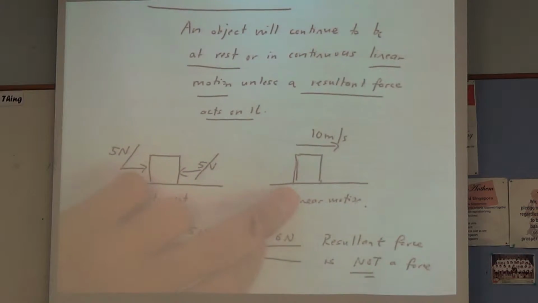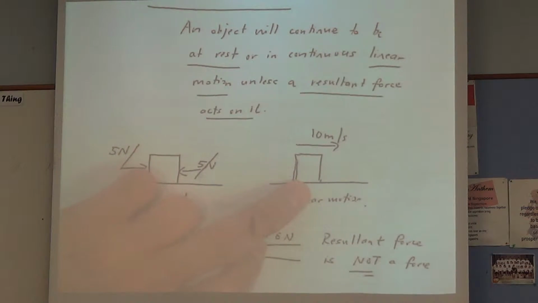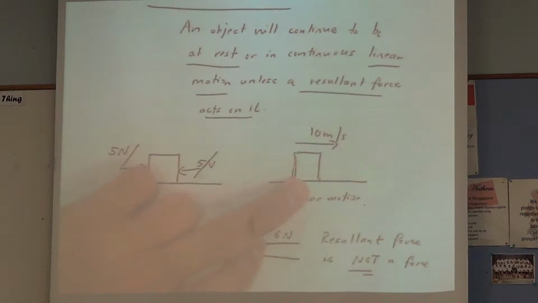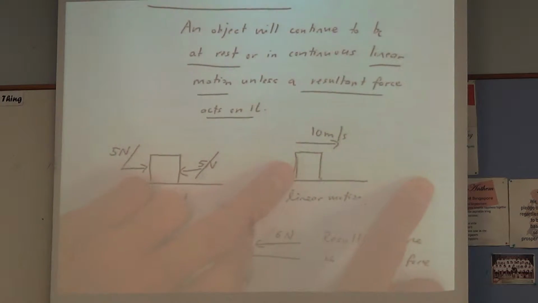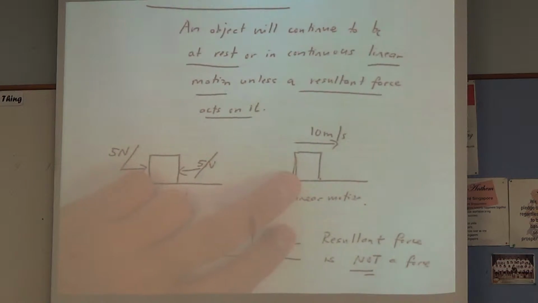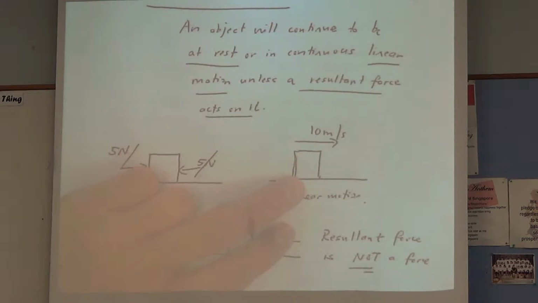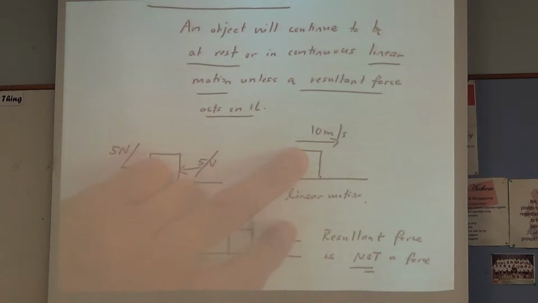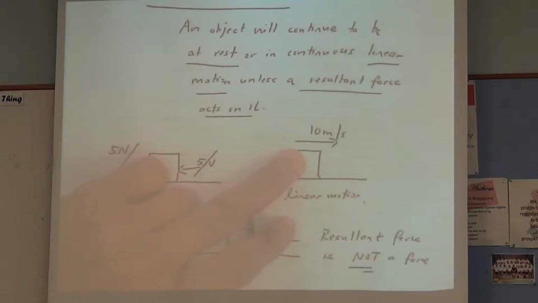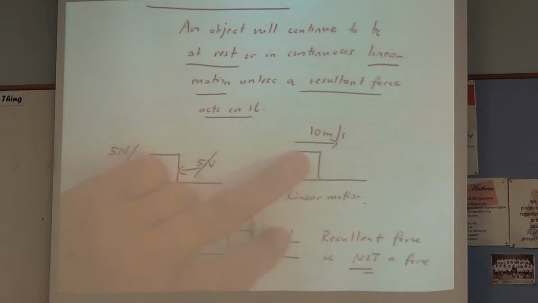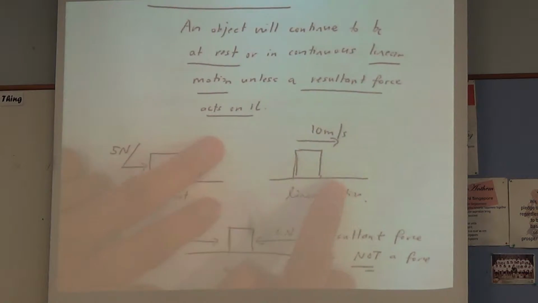Now, taking for example, this box is already moving in a straight line. On the diagram is towards the right hand side. It's already moving in a straight line with the constant velocity of 10 meters per second. It's already moving. And it is always moving at this speed. Now, it will continue to move with this speed